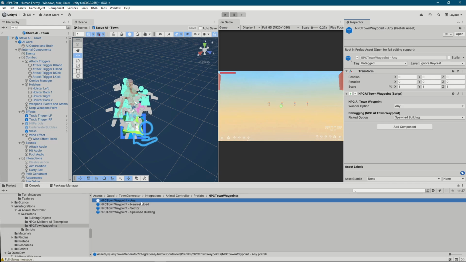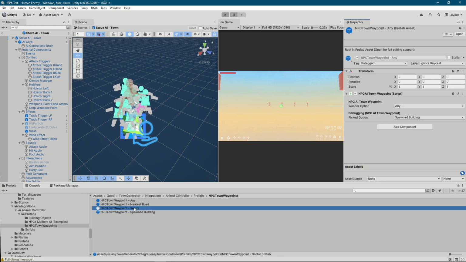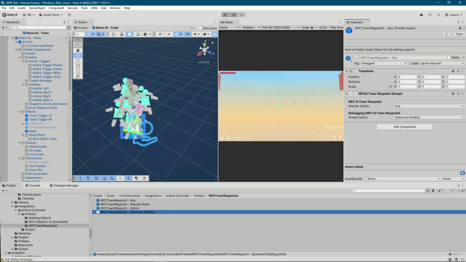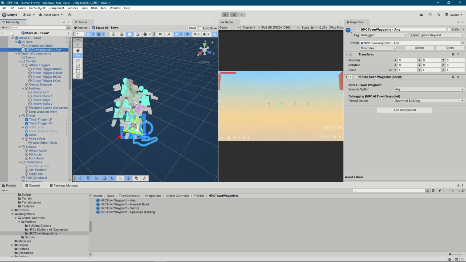If you use nearest road, the NPC will automatically look for the nearest road and start wandering around on that road. And so for sector, the same thing. It will take a wander area from a specific sector, the one that it's spawned at, and then only wander around in that sector. For spawned building, the NPC will stick to the building that it's been spawned at and only wander around that specific building. So the easiest one is just to take the NPC town waypoint any and then just drop it in over there, save your character, and then